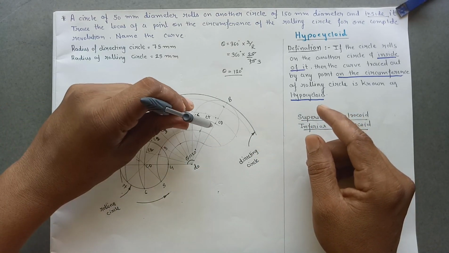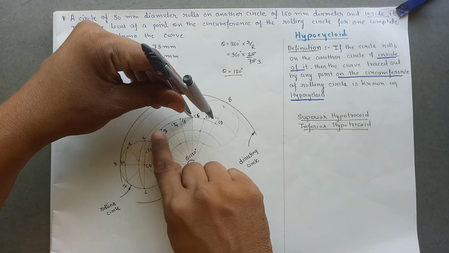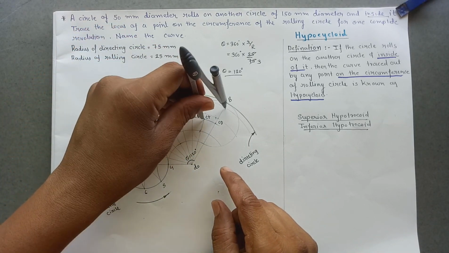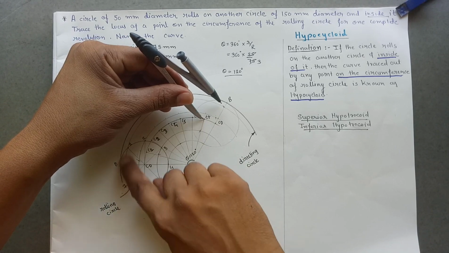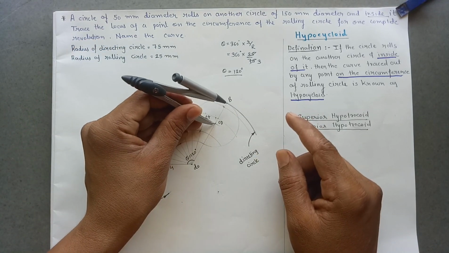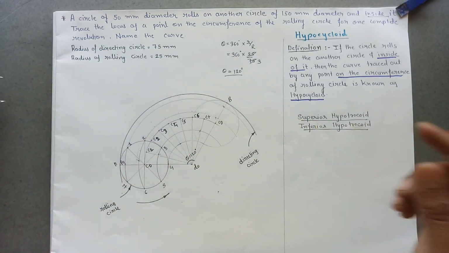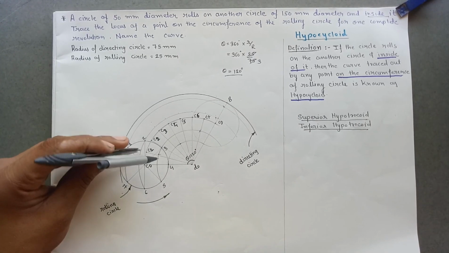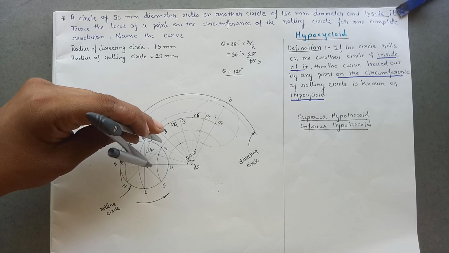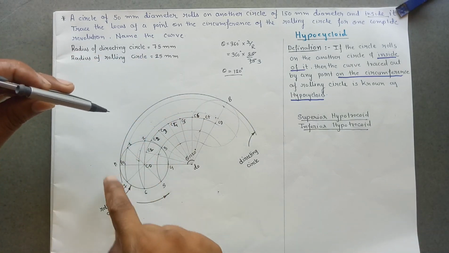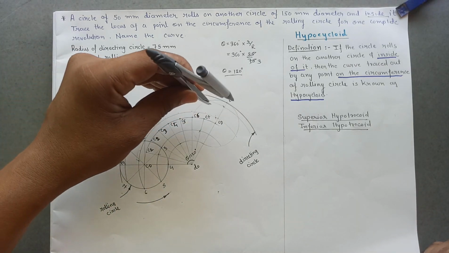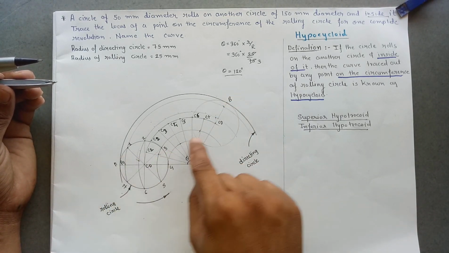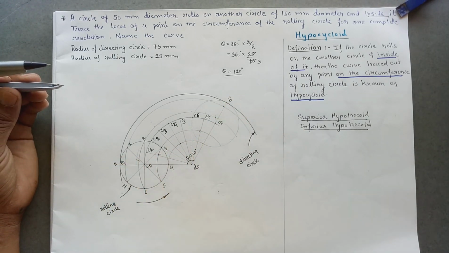Put a rounder on C6, give an arc on the arc passing from the sixth point of the circle, and put a rounder on C7, give an arc on the arc passing from the seventh point of the circle, and mark the last point as B. Here we have to give the arc in the anti-clockwise manner because the circle is rolling in the anti-clockwise direction. Mark these points and draw the freehand curve passing through these points, which will be the hypocycloid.